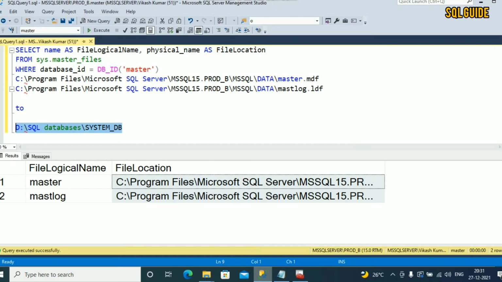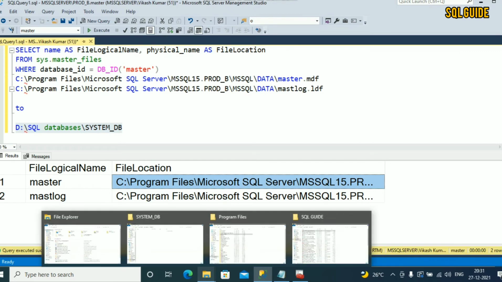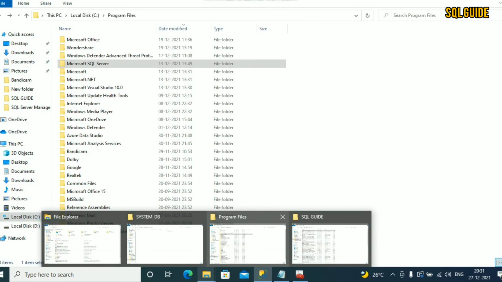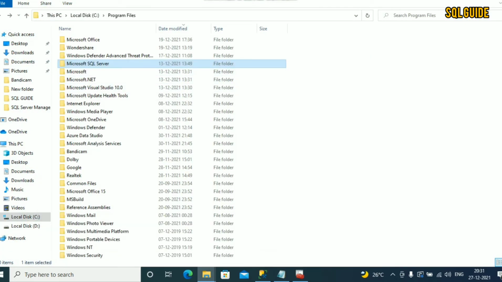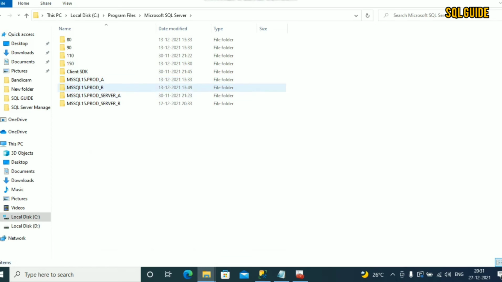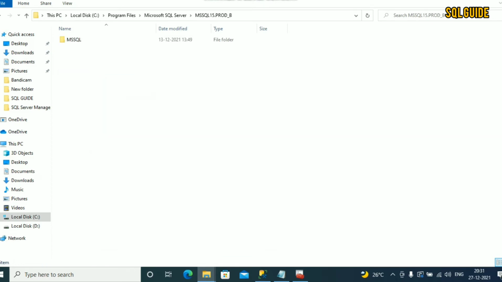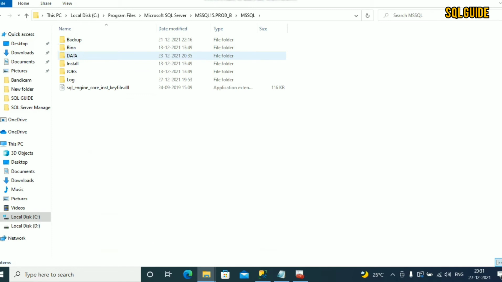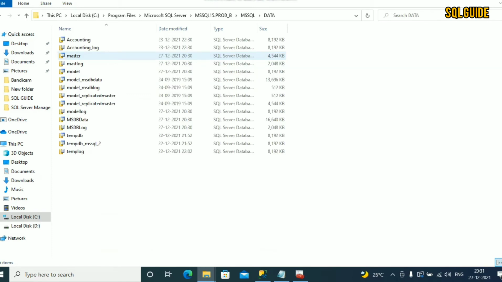You can see here C program files Microsoft SQL Server MSSQL15. Go to Microsoft SQL Server MSSQL15 prod B MSSQL, go to data, and here the master and master log file.